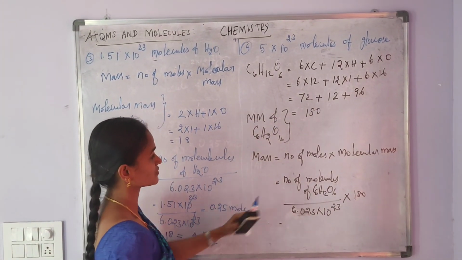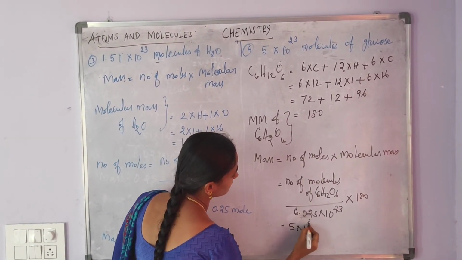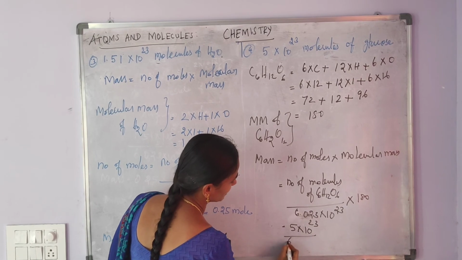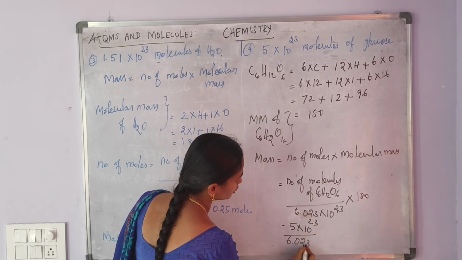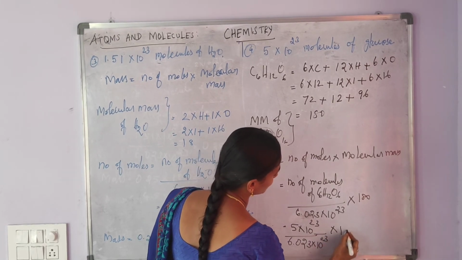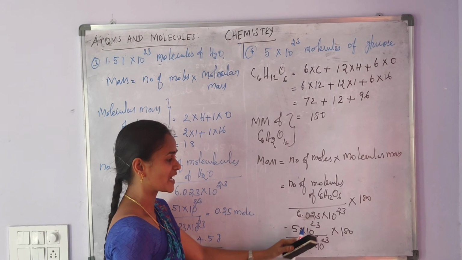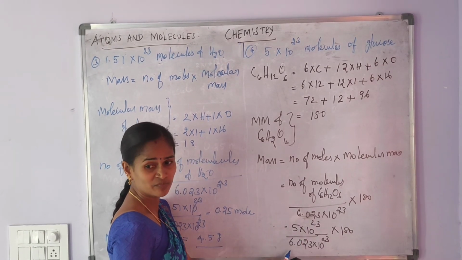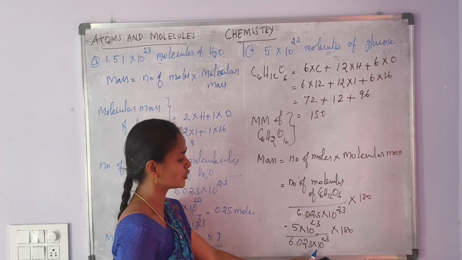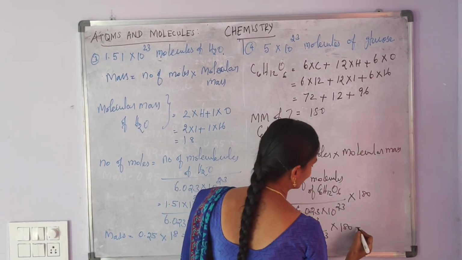Substituting these values, number of molecules is 5 into 10 power 23 divided by 6.023 into 10 power 23 into 180. So simplifying the values, we get